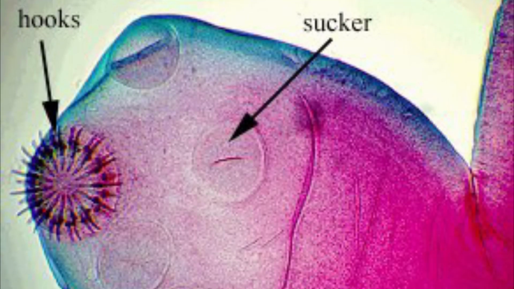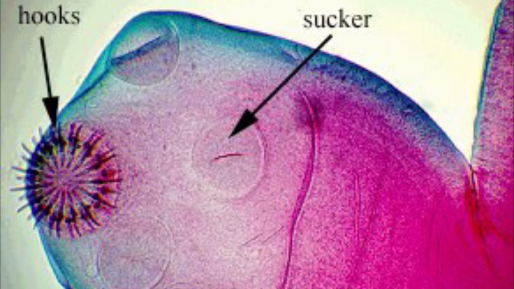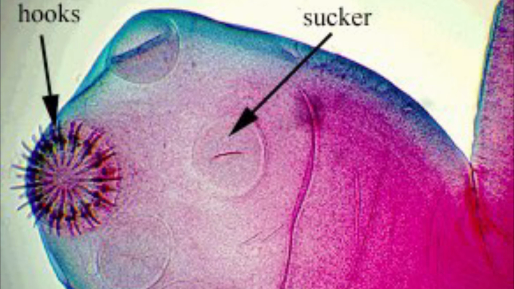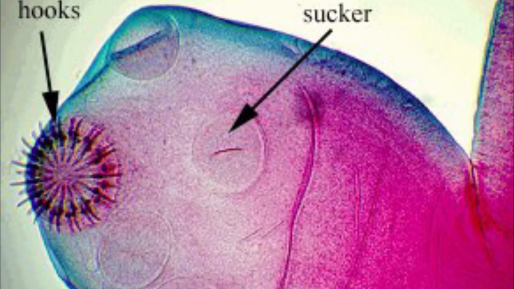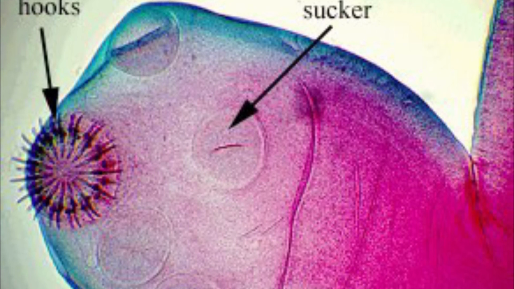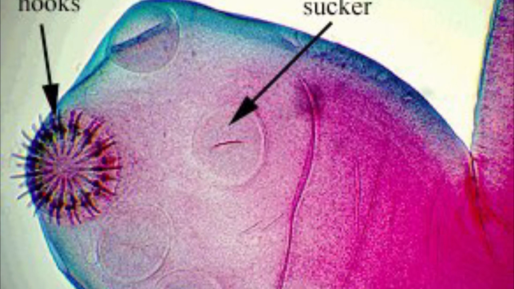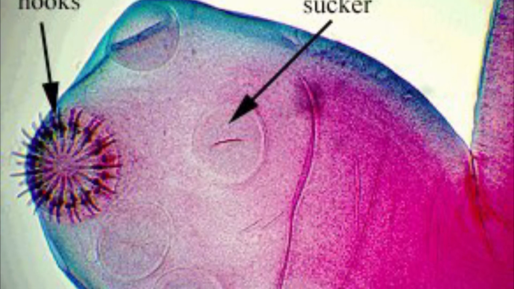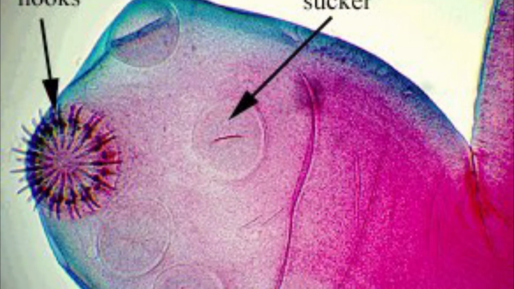Tapeworms are highly specialized. What does that mean? It means that they have these specialized attachments that they use in order to steal nutrients from its host. And these attachments are hooks and suckers. The hooks are used to latch on to whatever part of the alimentary canal the parasite is on, and the suckers are used to pull the nutrients from the host.